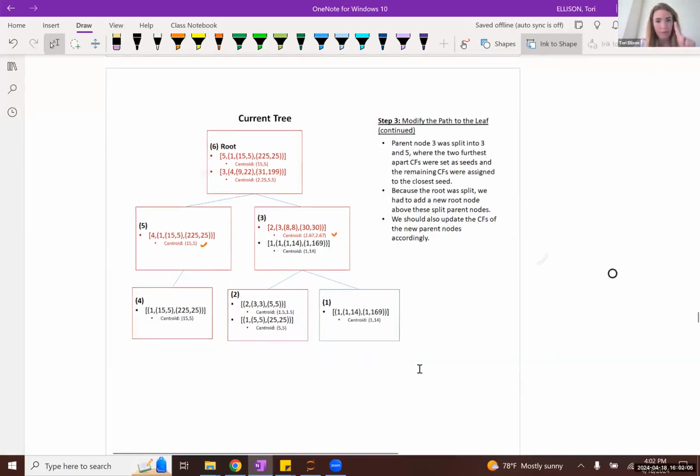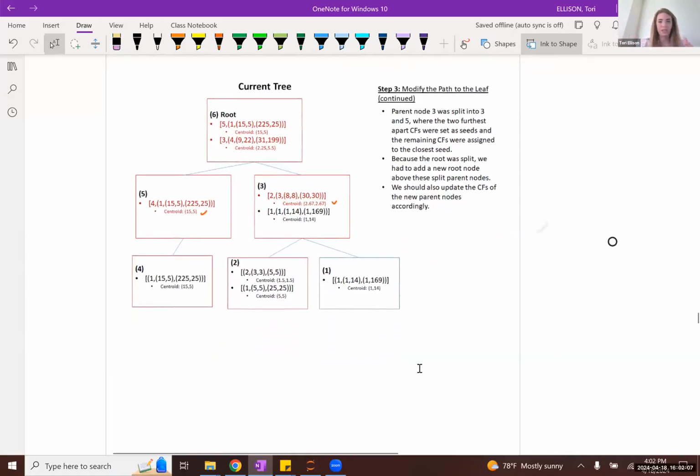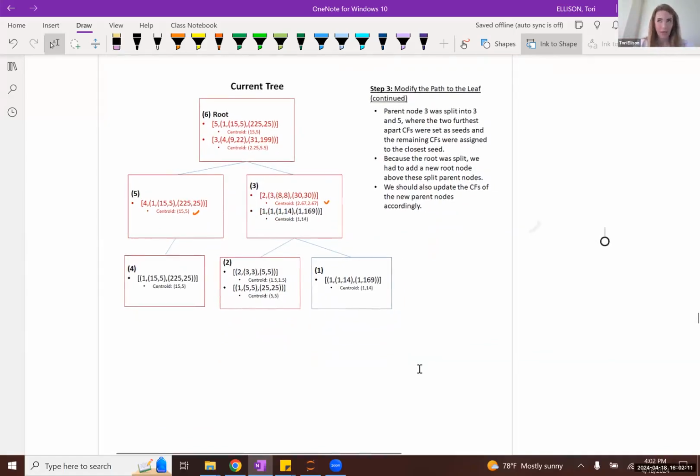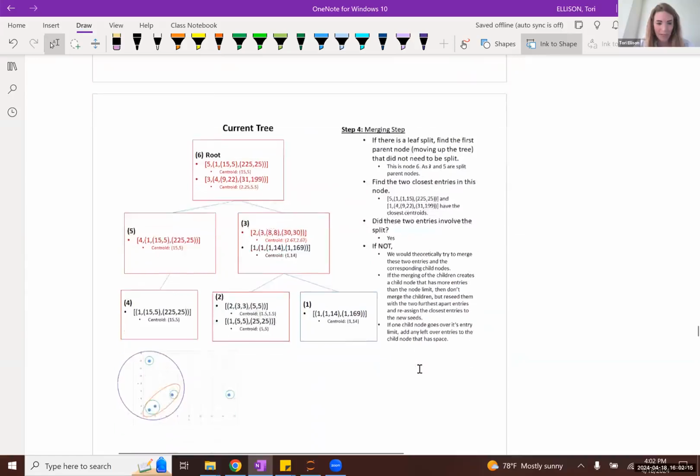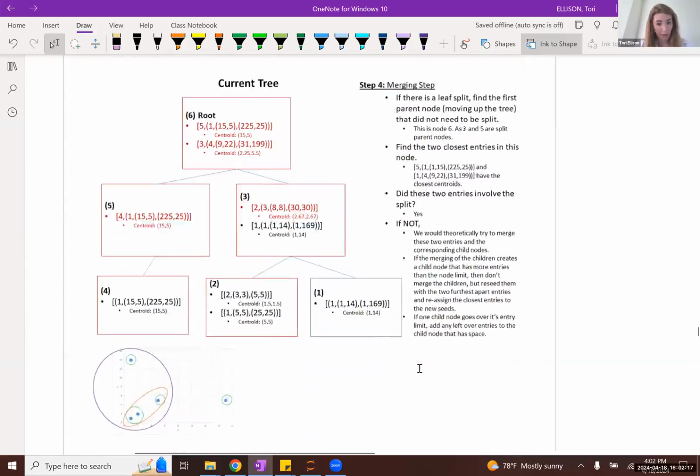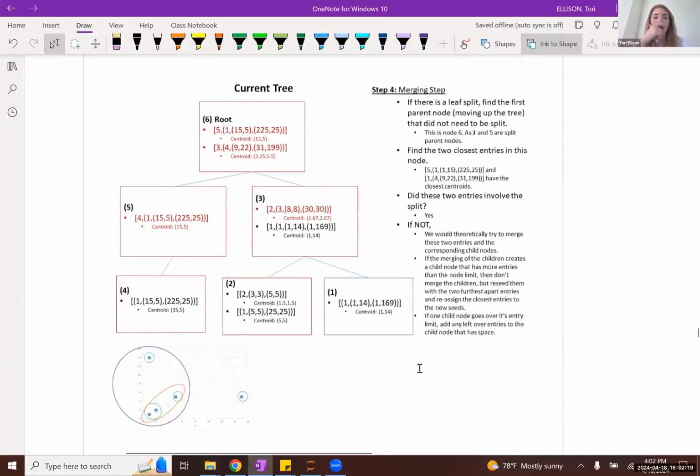However, there's one final step that we need to talk about in phase 1 of the Birch clustering algorithm. This step 4 of phase 1 is meant to be activated anytime there is a leaf split.